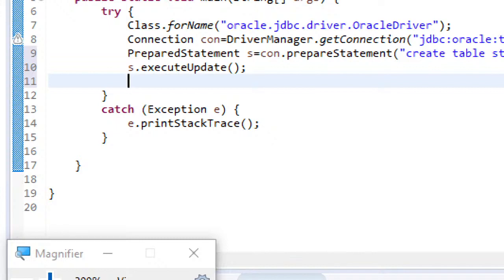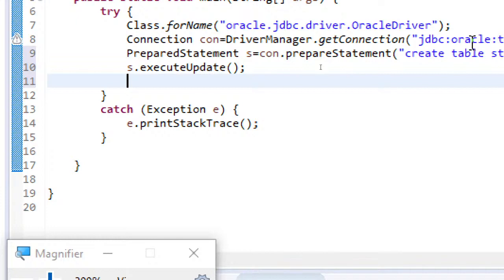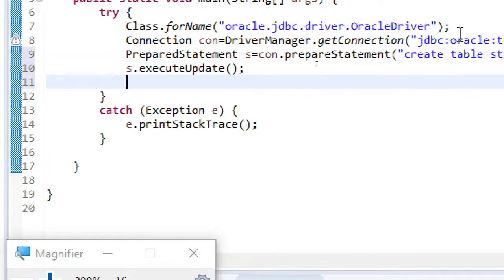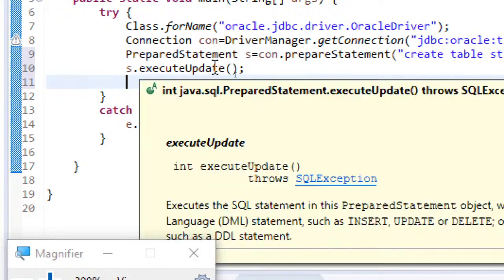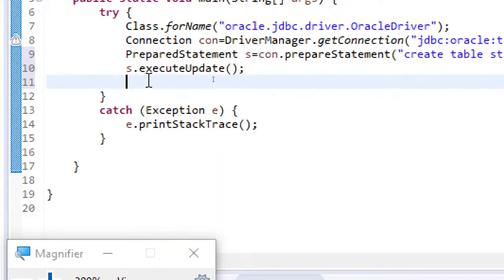If you invoke this executeUpdate method, it will be updated to the database to which you are connecting. And the database which I am connecting to is the Oracle database under the Scott account. So under the Scott account, this particular table will be created, and with this executeUpdate it's going to update. And in order to see if it got updated, let me just display a simple message: table created.